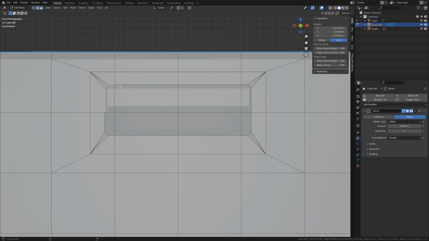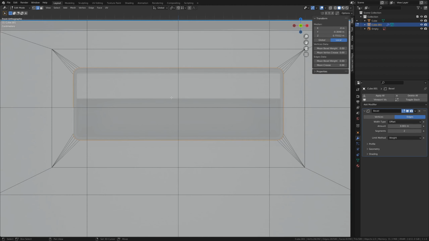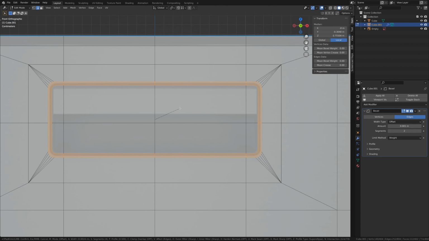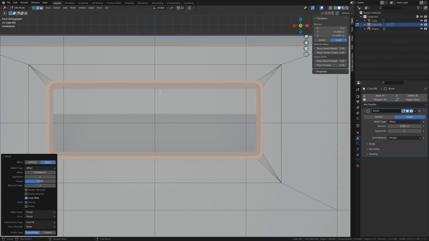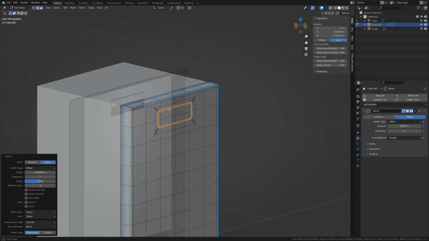Now we can select this ring, which is not a perfect ring, so we'll have to do a few different selections to get them all, and bevel that as well. And we want just one seam down the middle. And if you find that your edges are not fanning correctly to make half circles, turn on or turn off loop slide. Now we're going to be separating this piece to be a kind of a plastic rim and a plastic inset,